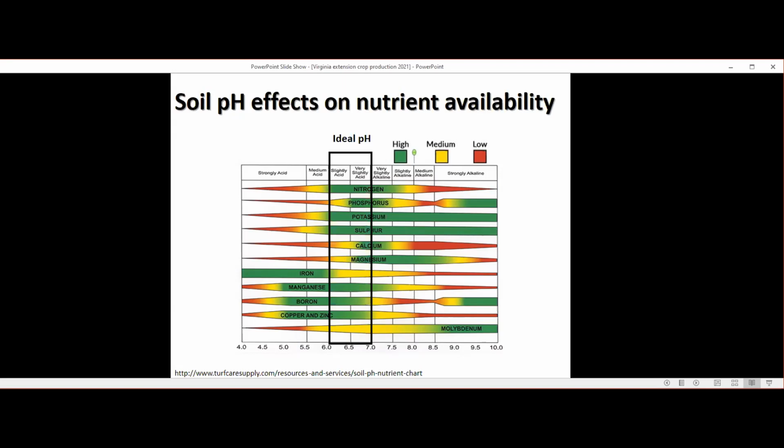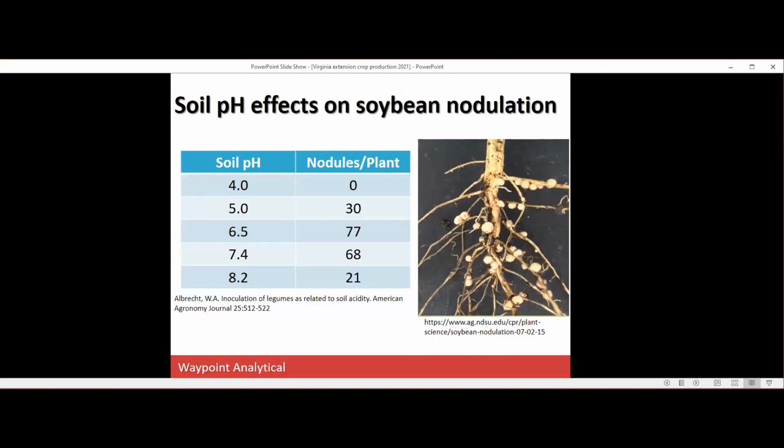Another effect soil pH has is on nodulation of the plants. On the left we have the soil pH that was measured and on the right the count of the nodules, so you can see how important soil pH is for soybean nodulation. Generally, as we increase the soil pH from 4 to 5 to 6.5, we're doubling the amount of nodulation on the plant, which is going to grow more biomass and hopefully lead to more flowering, more pod development, bigger beans and higher yield. You can see clearly here the effects of soil pH on encouraging nodulation on soybean plants.